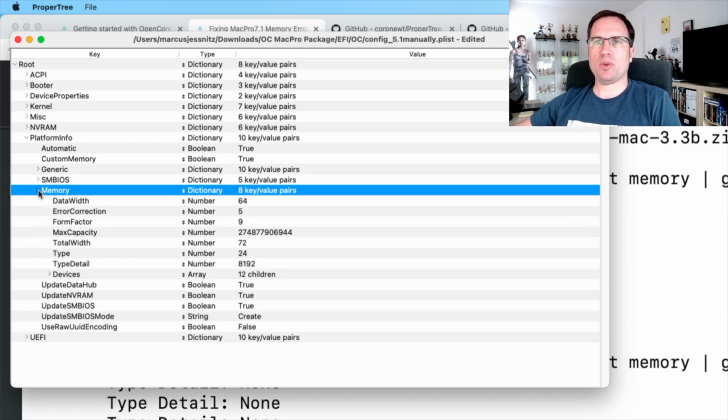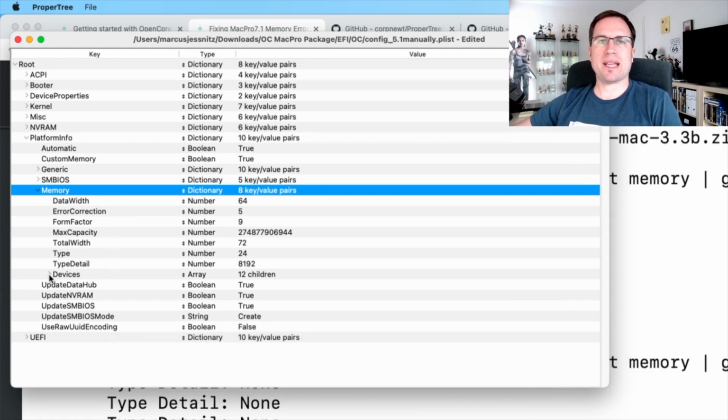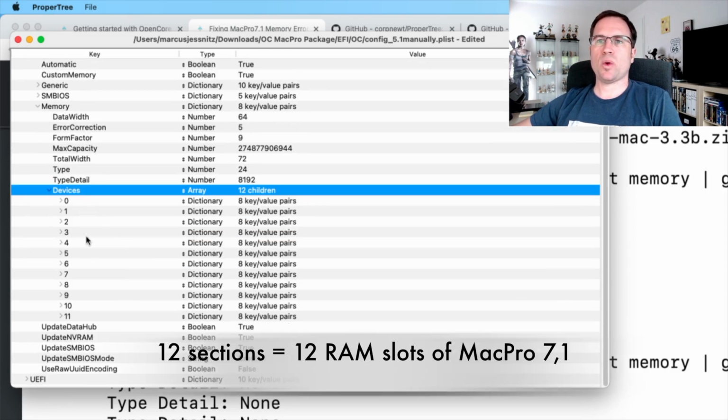If you open up the memory part here, you see the info that you can find out with the tool: data width, it's 64-bit, error correction, form factor, max capacity. This is configured for a Mac Pro 5.1 for the memory in there. If you have a different device, just go through all the commands, write down all the info you can get, work yourself through the homepage, and then you enter all the values here. Now there is one chapter, devices. If you open this up, there are 12 chapters from 0 to 11